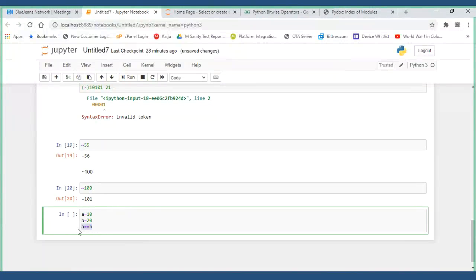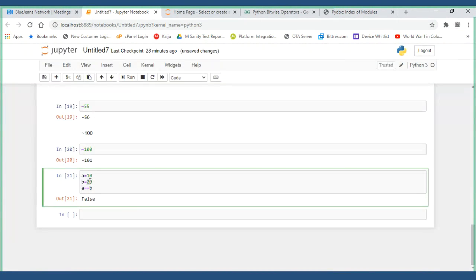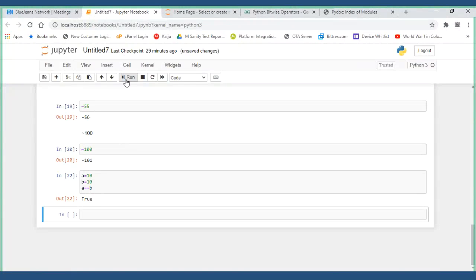Either it might be true or false. It showed me false because this is 10 and this is 20. If I say A is equal to 10 and B is equal to 10, what do I get? True, because both have the same content.